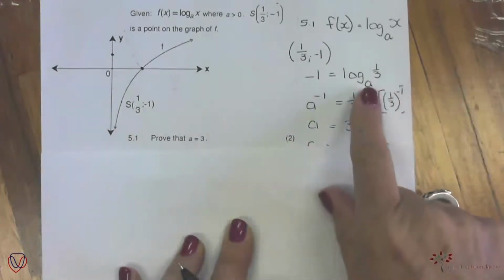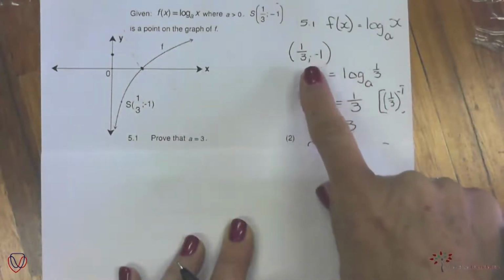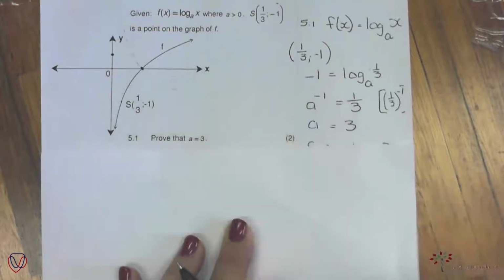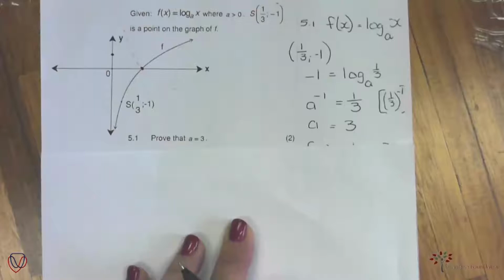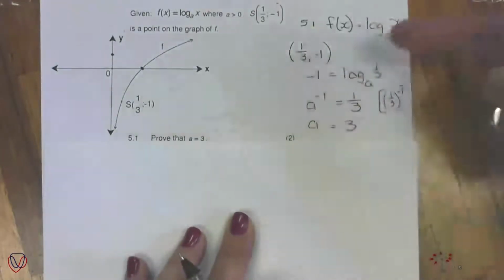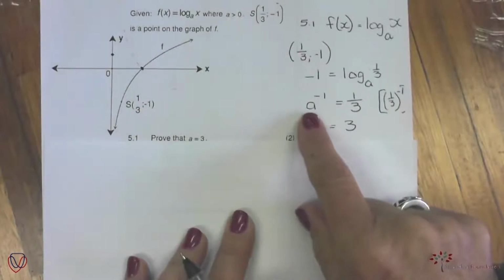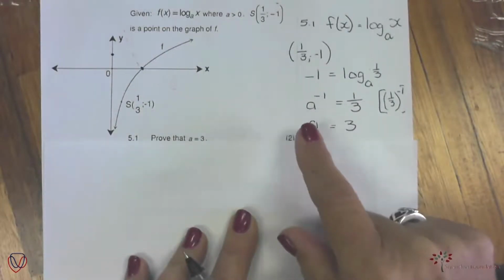This is what you do. The base, that's the exponent. So a to the power -1. And that number there is going to be on this side. Have you got it? So if I take that one and I want to go back to logs, what am I going to do? I'm going to say,